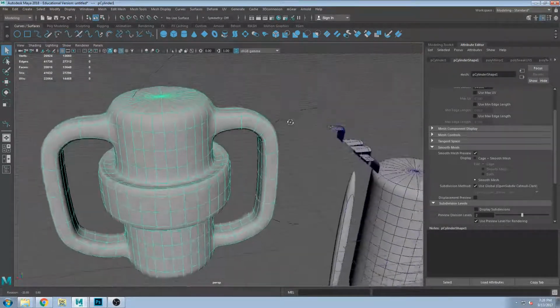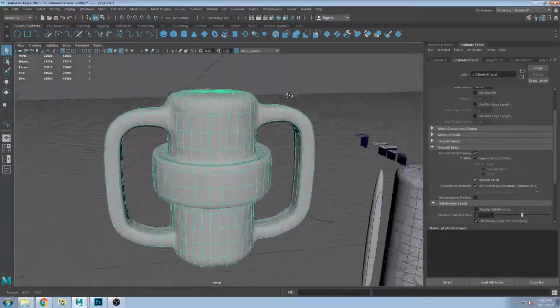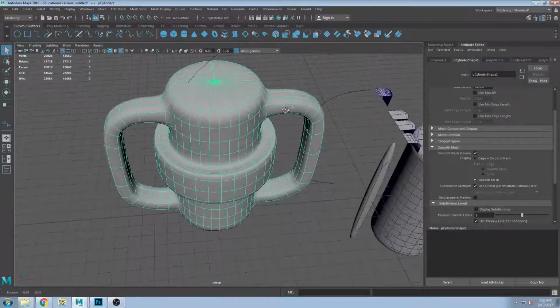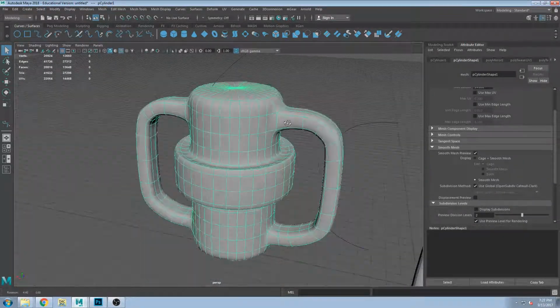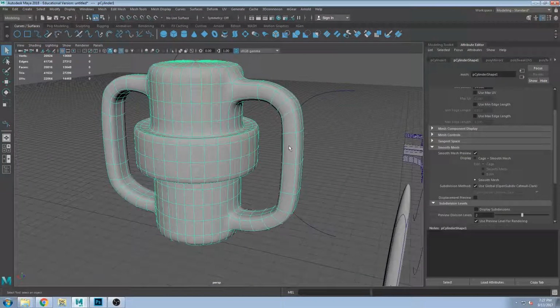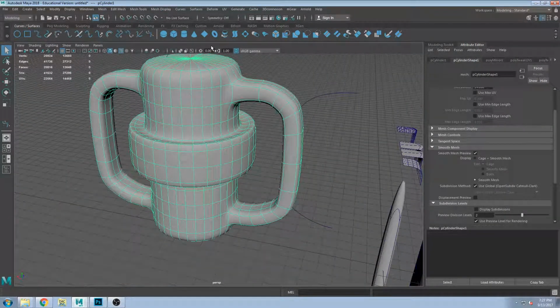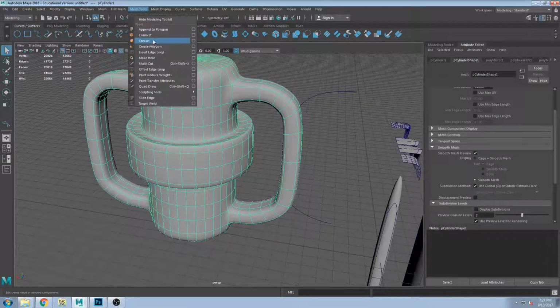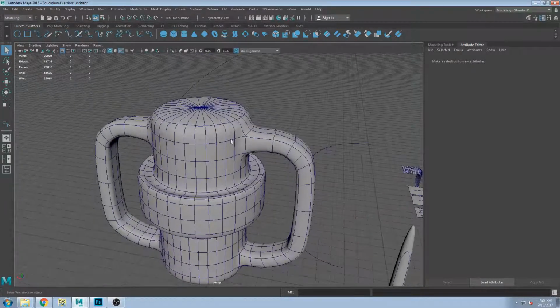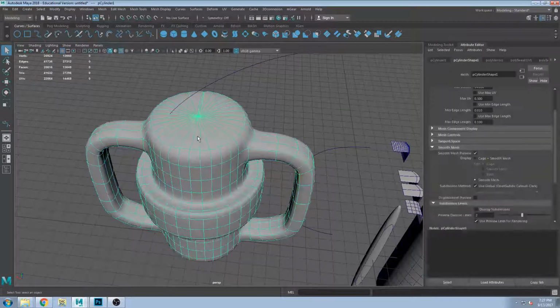And from there, it's just about adding detail, continuing to refine and add detail or remove detail, using the tools that we've been learning about, getting rid of edges, adding edges. Your extrusions are really handy. For instance, if I was going to make a